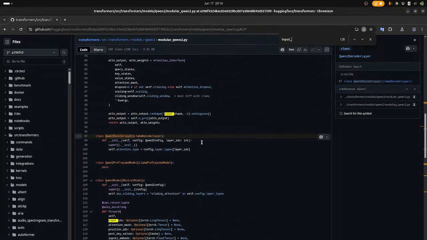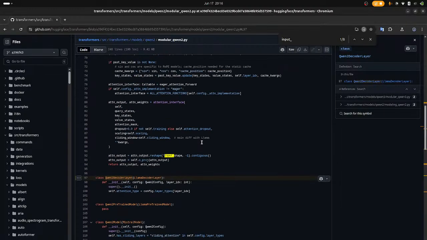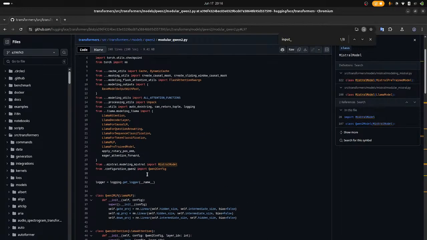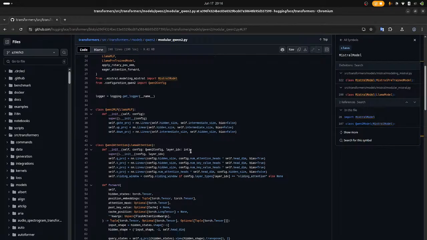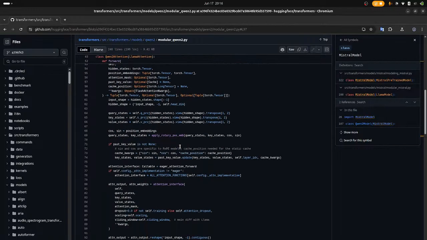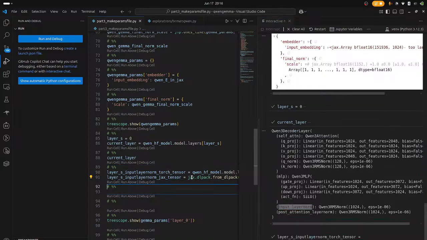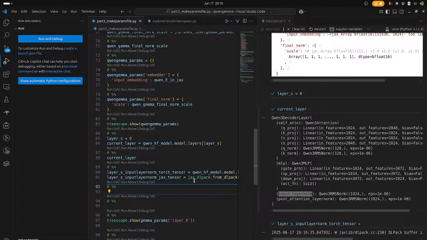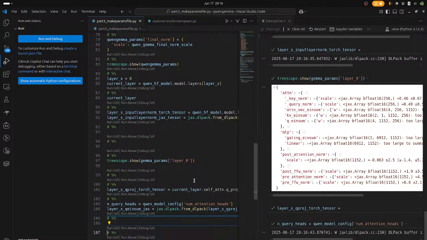It's because this does not contain the whole thing. Mistral model. Okay, Qwen. Yeah, I have to move a bit fast because I was quite sure that this was what we concluded, that the input layer norm here can be like this,